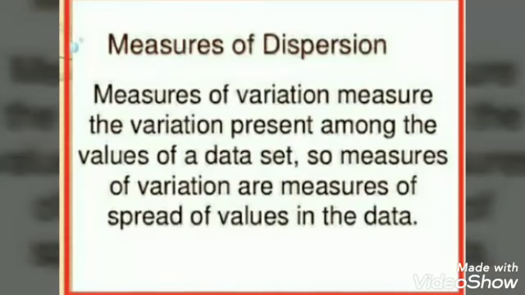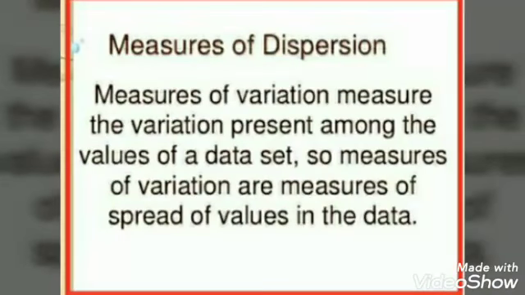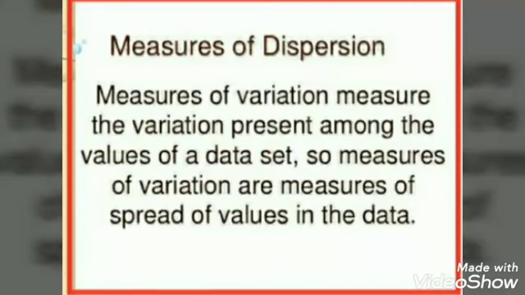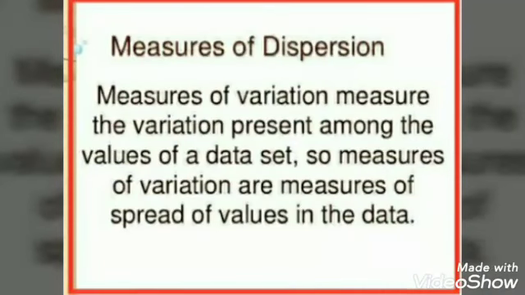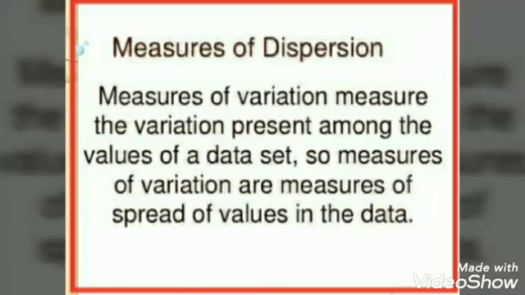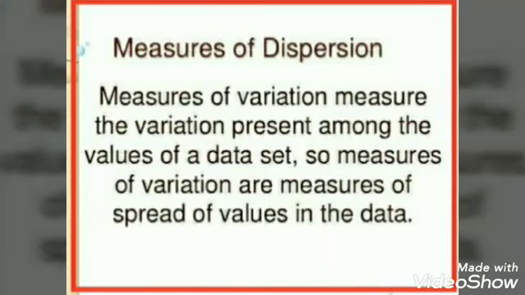So today we will be learning how far the various values of the series tend to disperse from each other, or from their average. To know about this, we are going to learn about the measures of dispersion. Dispersion, along with the average of the series, gives comprehensive information about the nature and composition of a statistical series. So in short, dispersion is the measure of the variation of the items.